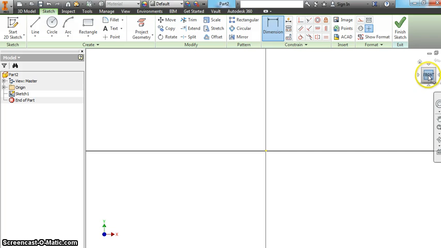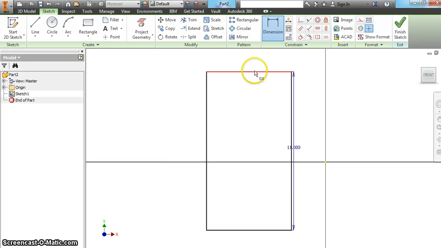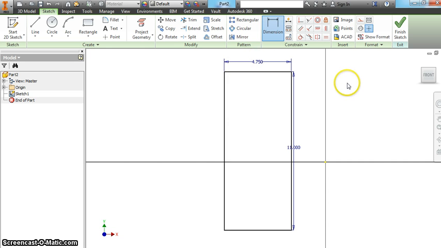When you lose that, just click front. It rezooms it for you. And then I want it to be 4 3/4 of an inch wide, so 4.75. Okay, fair enough. Okay, the next thing I'm going to do,